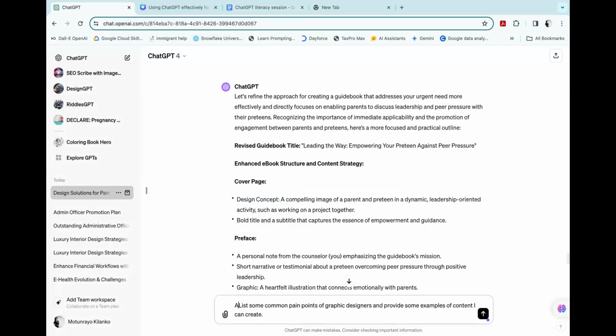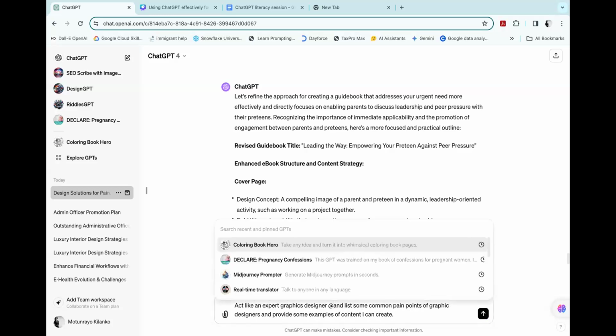I'm going to tell it to act like an expert graphics designer. I'm also going to tell it to provide, okay, as I've already said, the task is acting. So I want to call one of the GPTs,